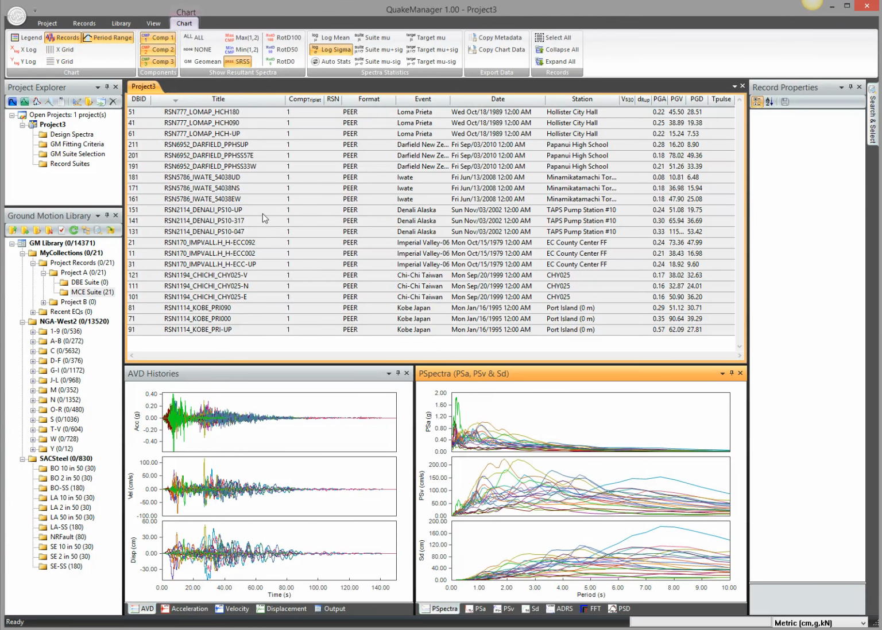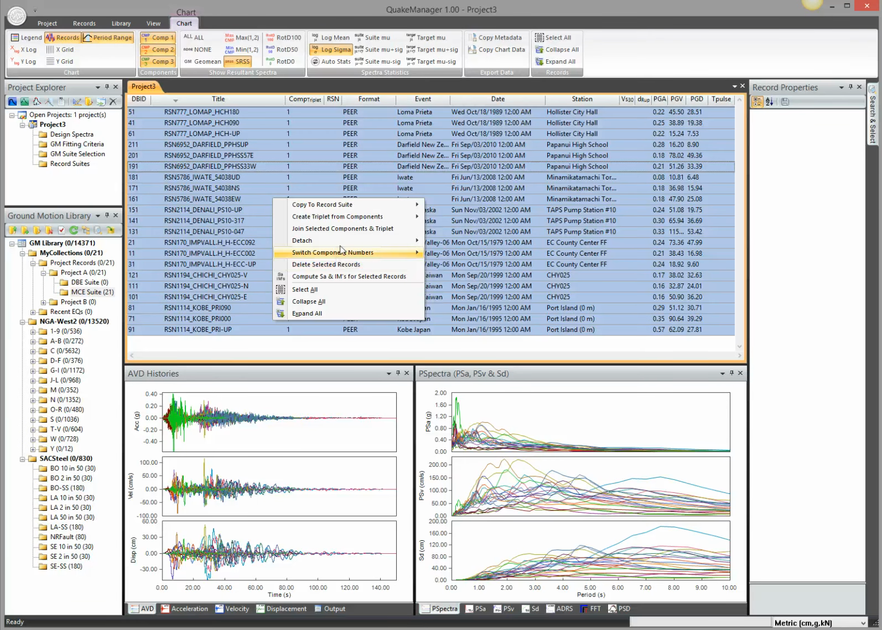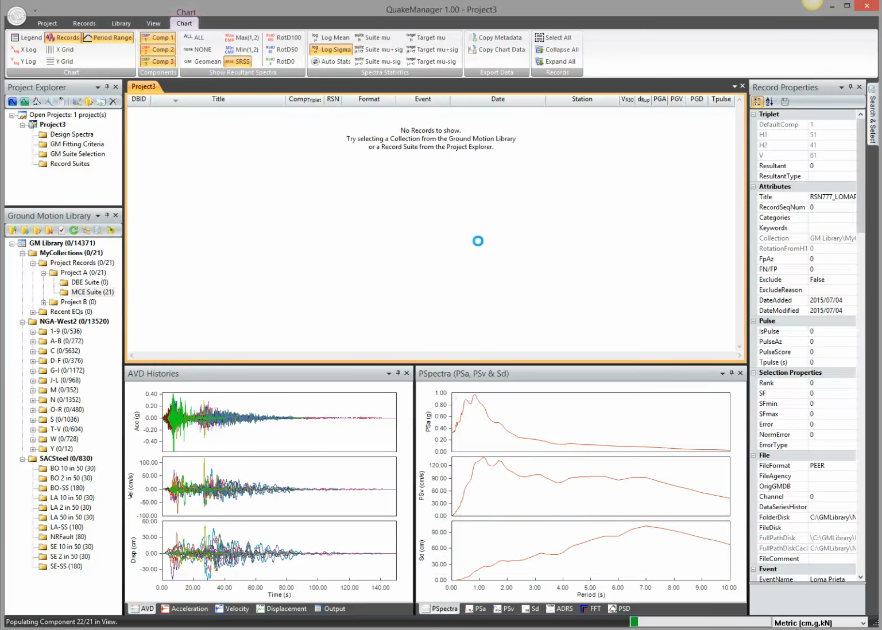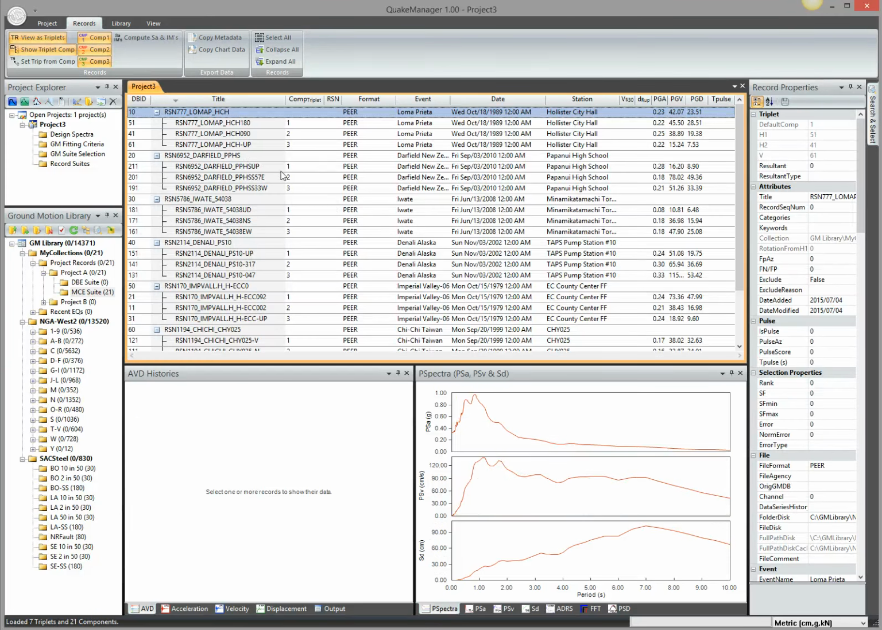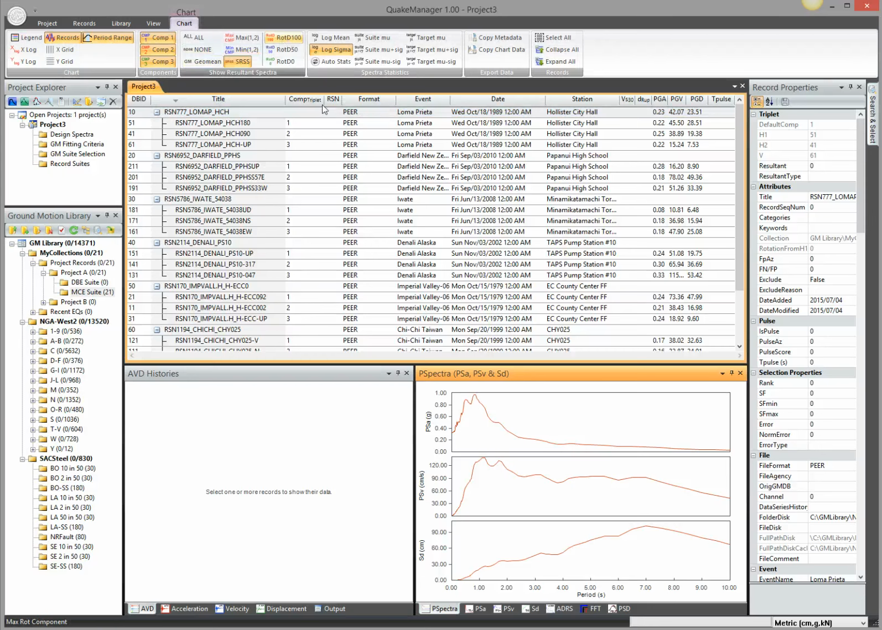Now we need to combine each 3 of the components together to make up a 3-dimensional record, or triplet. So we select them all and we choose the option to create triplets from components, and we'll combine each 3 together. Now QuakeManager will know how to compute a resultant spectra such as SRSS, maximum rotated spectra, median rotated spectra, and so on. In fact, let's turn on the maximum rotated spectra for the first record